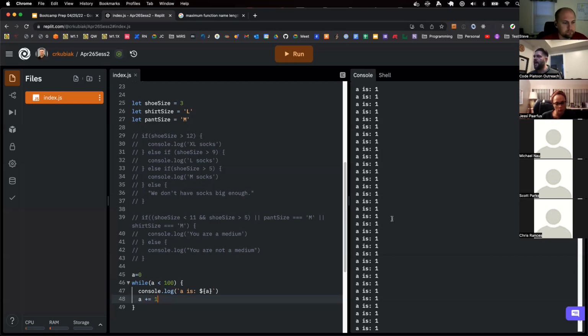And we're going to keep evaluating until we basically hit that a is 100. And then once that is no longer true, we don't come inside the loop anymore. We move on, right? And so same thing, I'm console.logging here every single time that we go through the loop. Once we exit the loop,